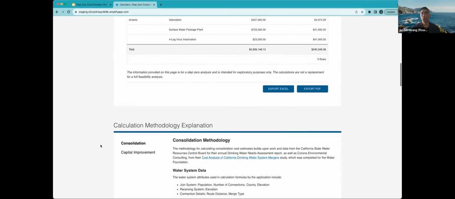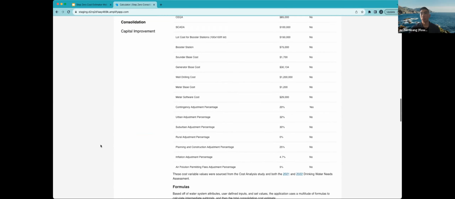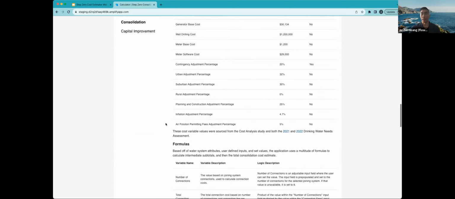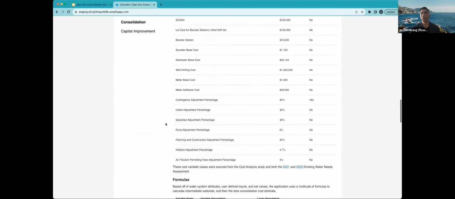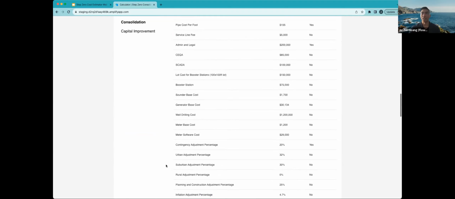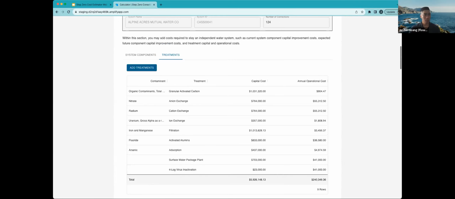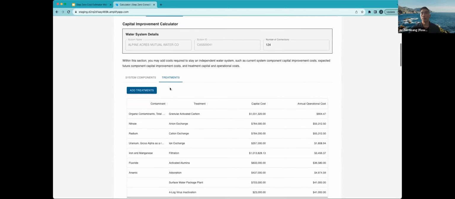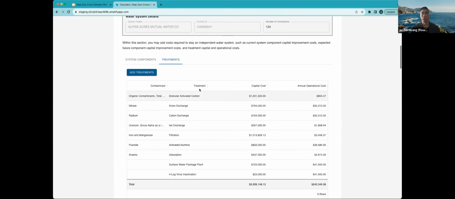Troy's cost about inflation. Let's see, the inflation adjustment percentage is going to be 4.7 right now. I think that was the same value being used by the needs assessment, but we can adjust that if needed. Let's see. And now that we've got all of the portions of the